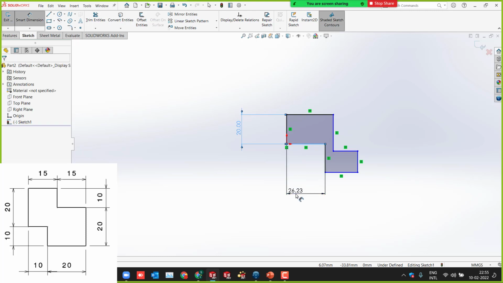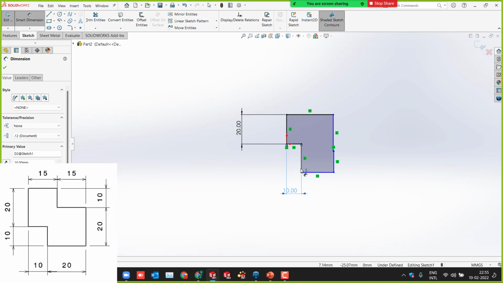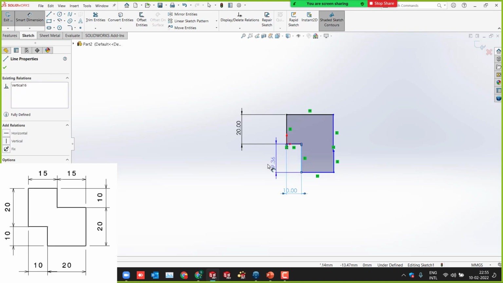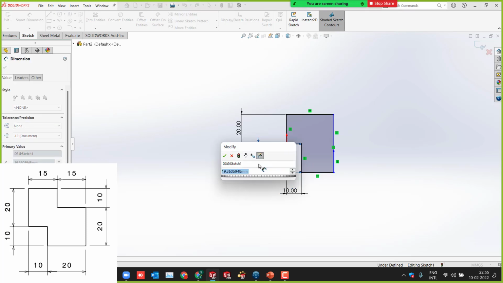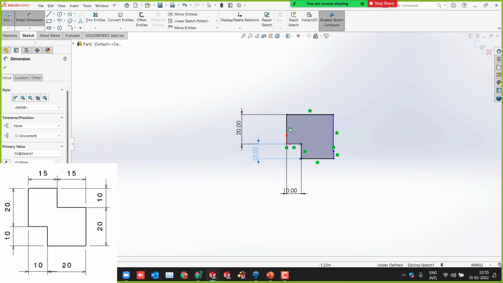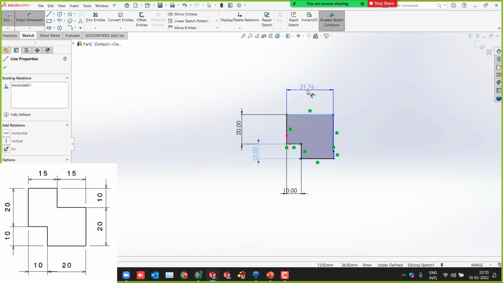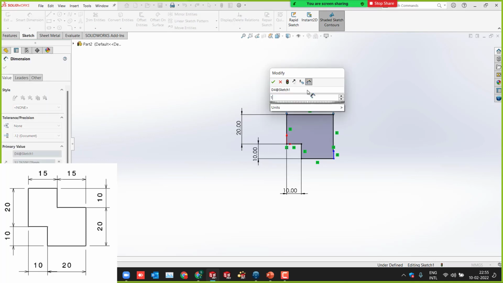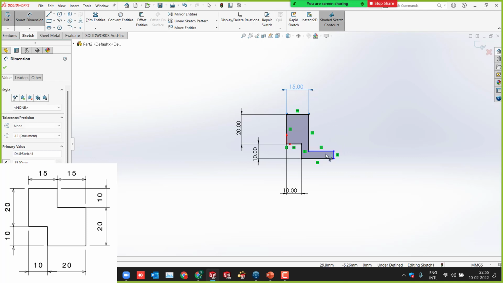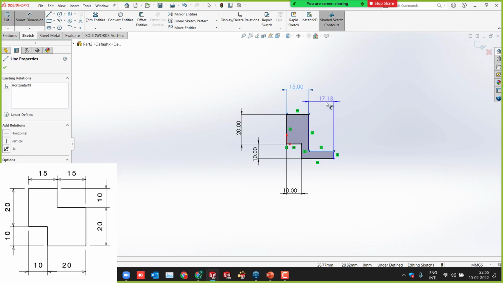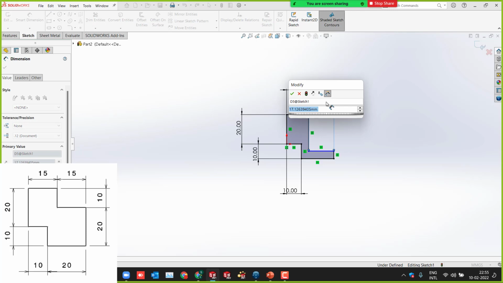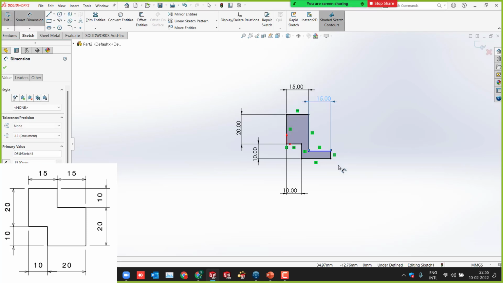So then this is 10. Good. So what about this? This 10. Then what about this? This 15. Yes. What about this? Here 15. Again 15. Then what about this?